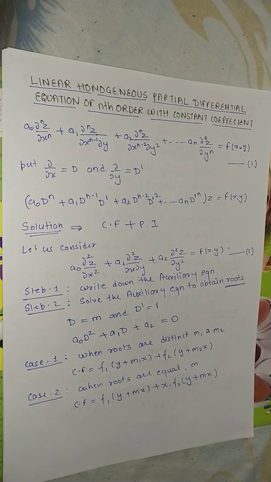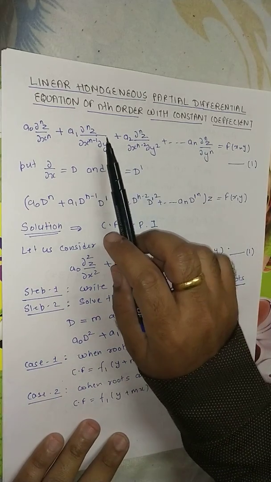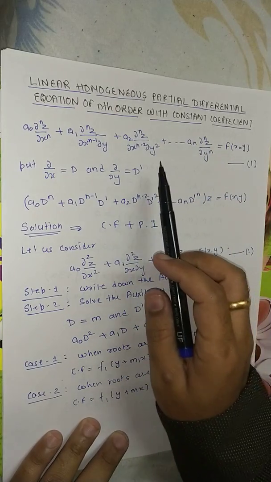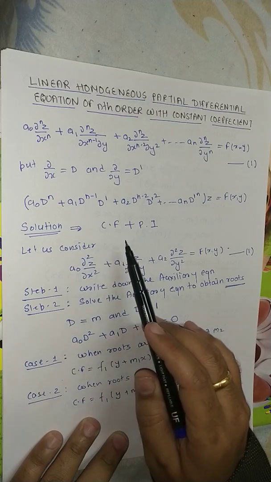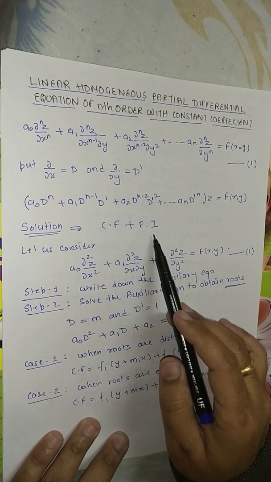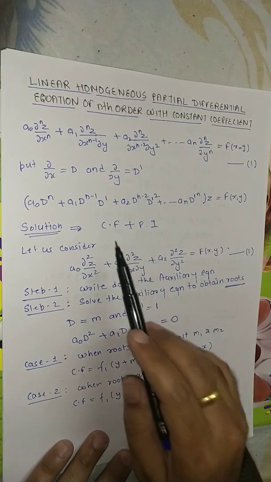Welcome to the next lecture on the linear homogeneous partial differential equation. In the last lecture we saw what a linear homogeneous partial differential equation of nth order with constant coefficients is, and that its solution is given by the complementary function plus the particular integral. In the last lecture we had already seen how we can find the complementary function